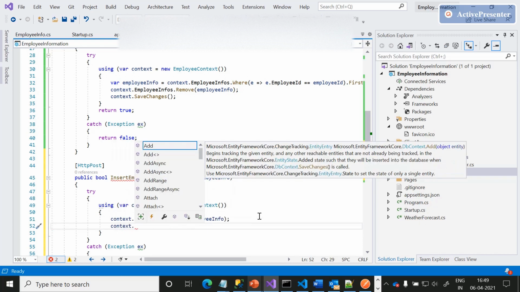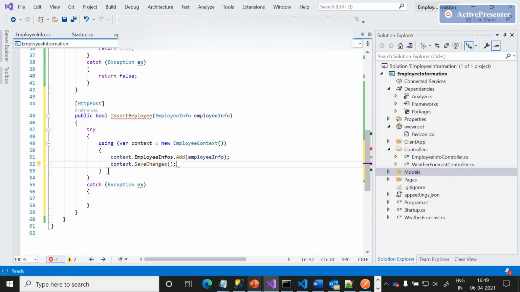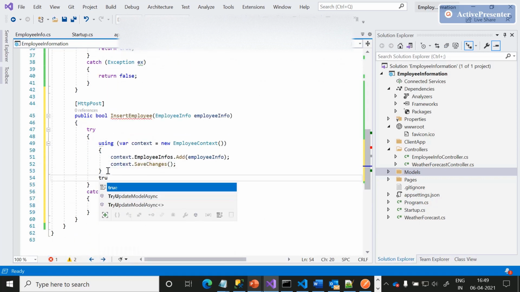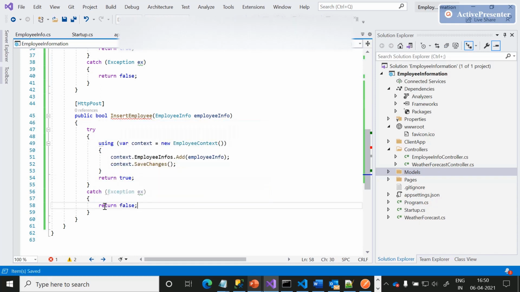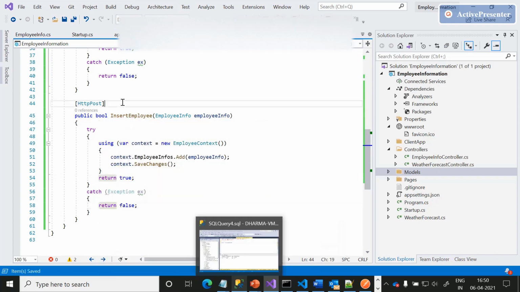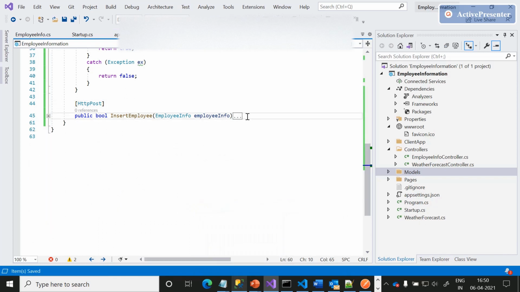Once we are done with adding, we need to save the context. Post this, if the record insertion is successful, we return true. If we see any exception, we return false. With this, the post call is also done. We are able to successfully design the post call.